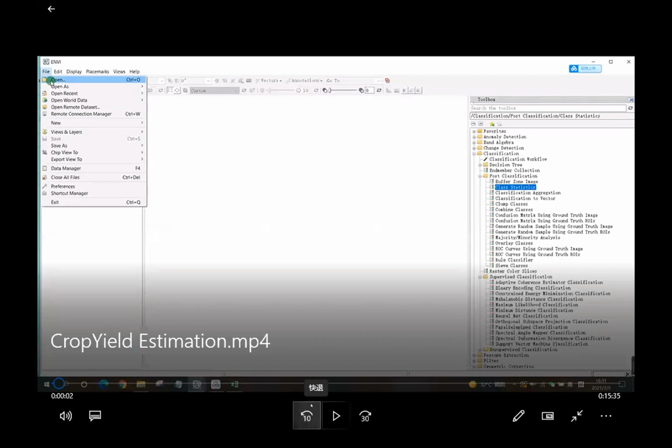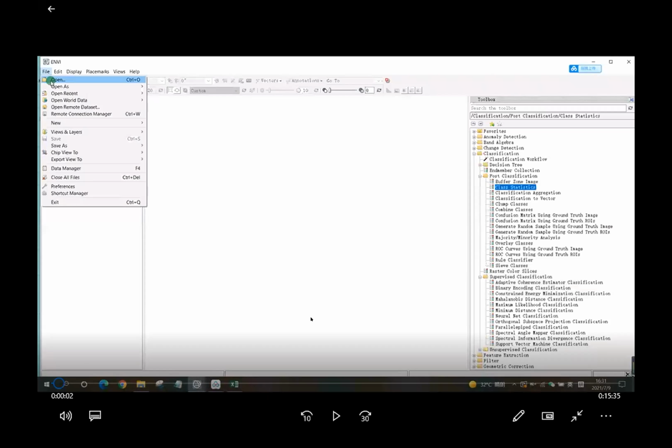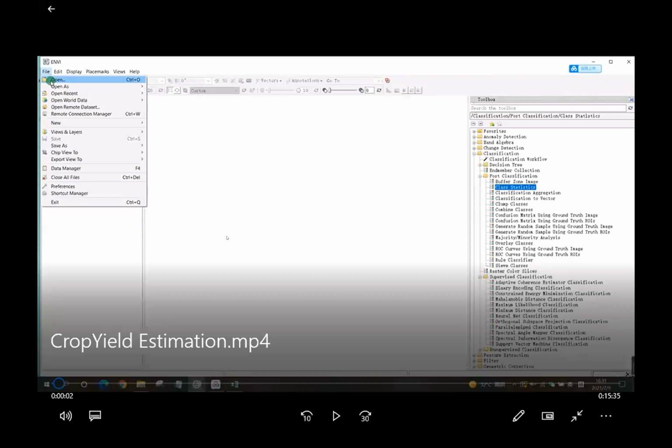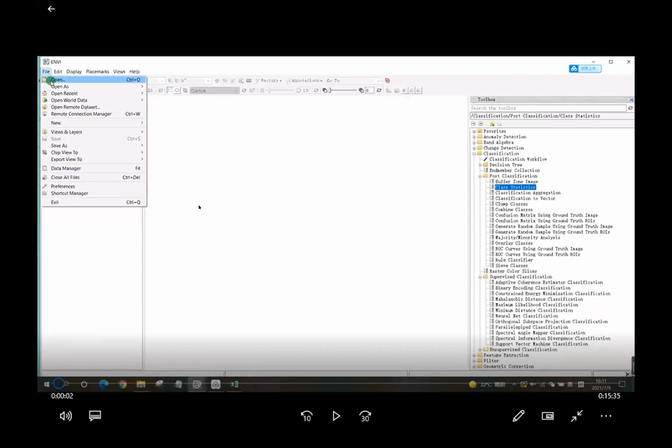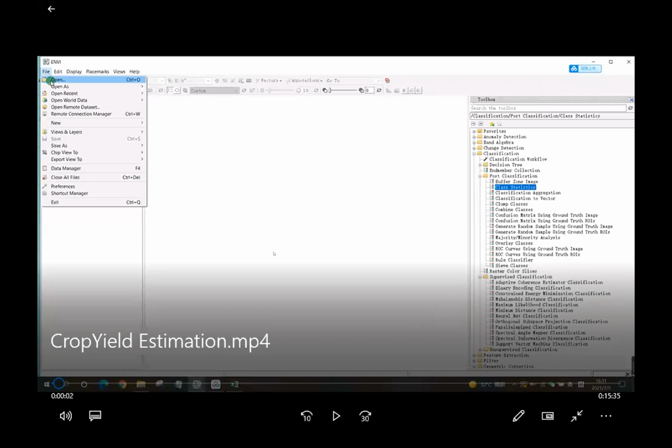Okay, this is for the crop yield estimation with remote sensing. Here we use Sentinel-2 data for the test data, but we only use 4 bands of the data. We will not use all of these bands. We use band 1, band 4, and band 7, and band 8 to create the test image for the crop yield estimation